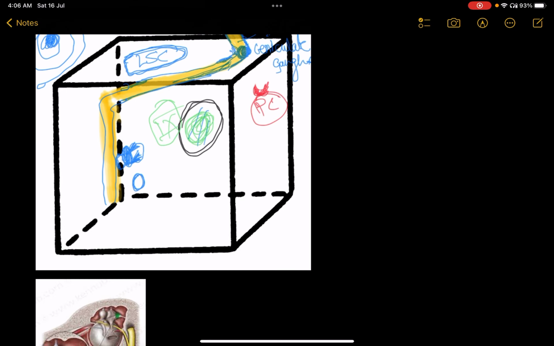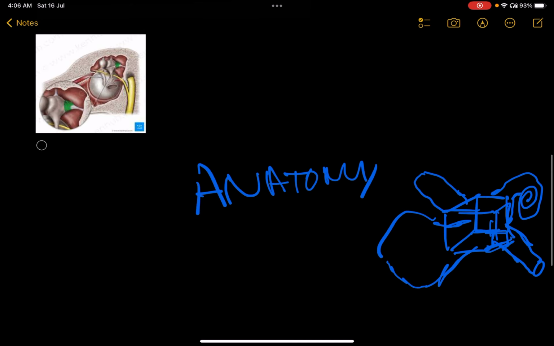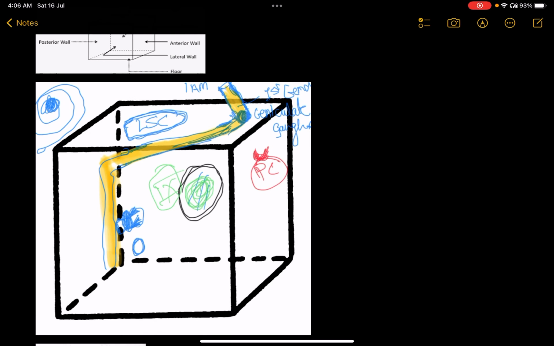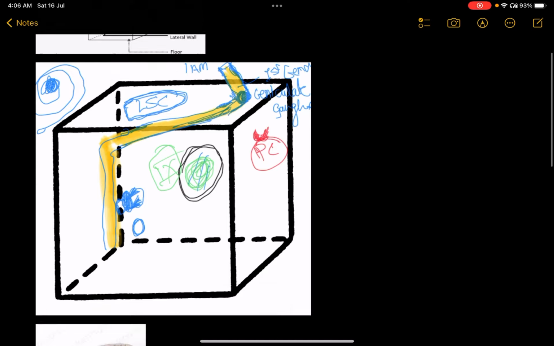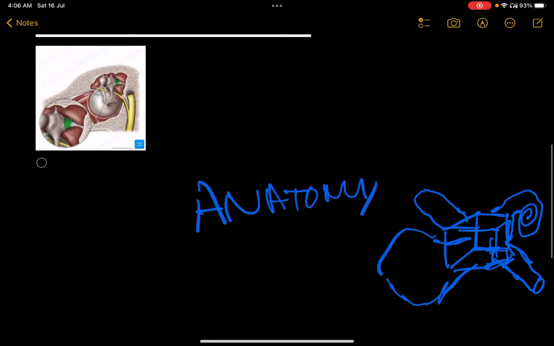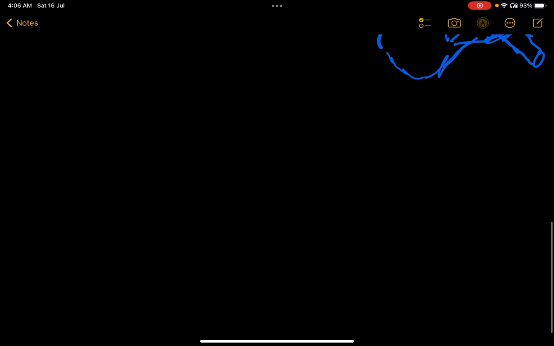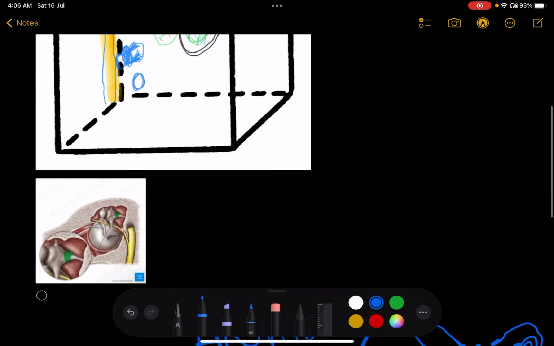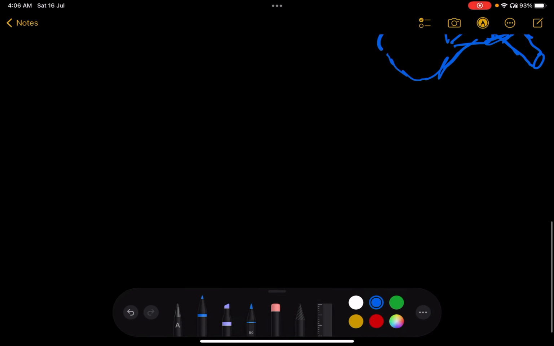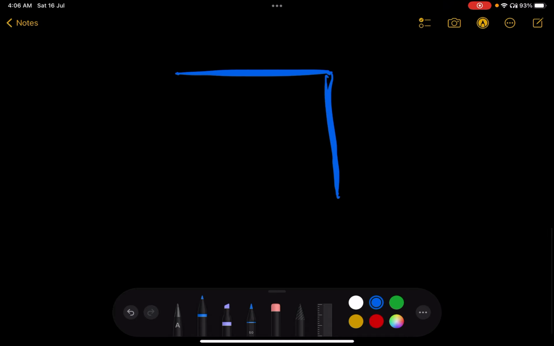the medial wall. Now, when I'm coming to the posterior wall, what I really want you to understand is that the posterior wall itself has to be drawn because of the fact that this diagram is going to confuse us a little. So I'm going to draw the posterior wall. This is going to be the medial wall, all right. I'm just drawing the medial wall just to give us a rough idea about how the